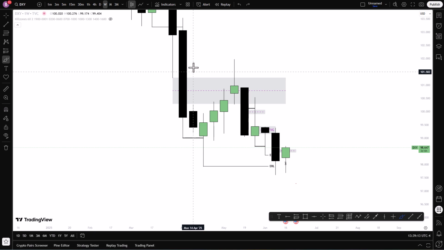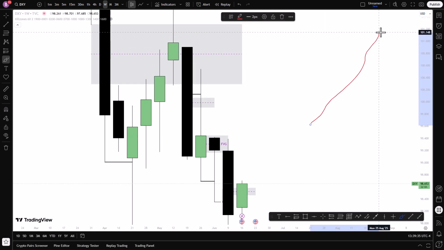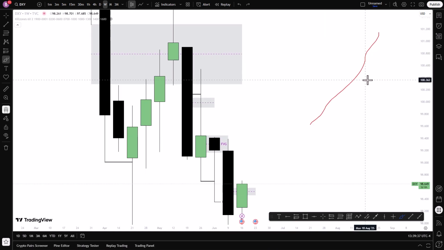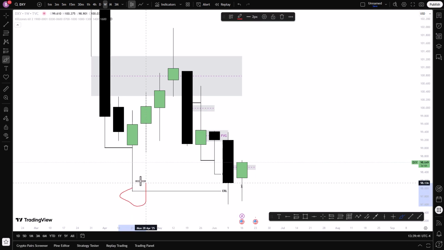So here we are now on the dollar index, on the weekly time frame. The first thing I look out for is external range liquidity to internal range liquidity, and also internal range liquidity to external range liquidity. We can see here on the chart what we had last week was that price took out the external range liquidity.